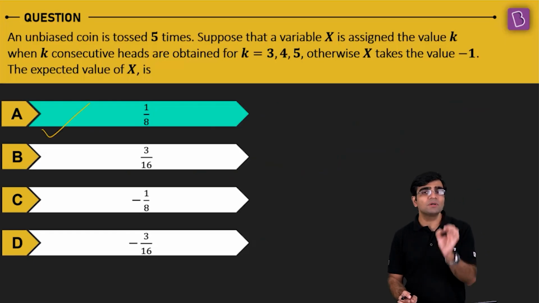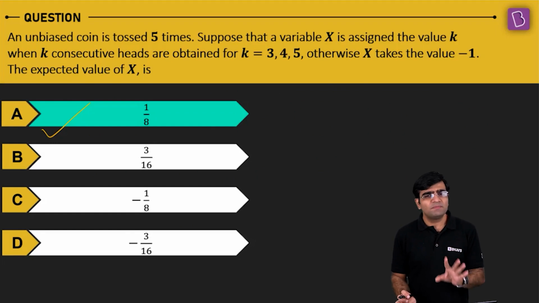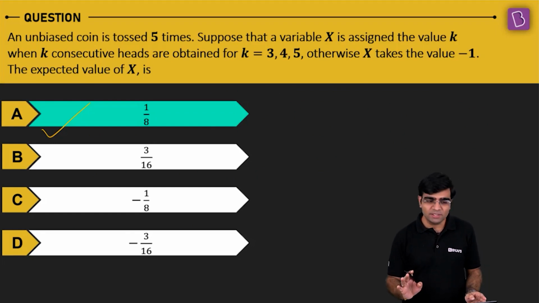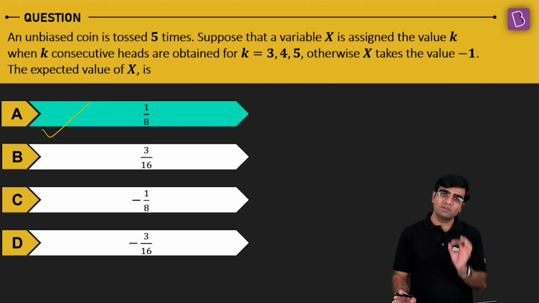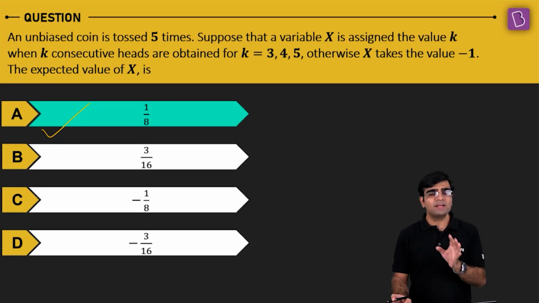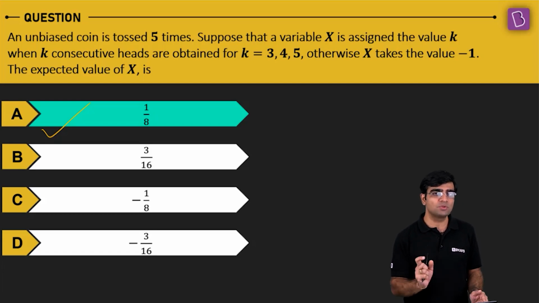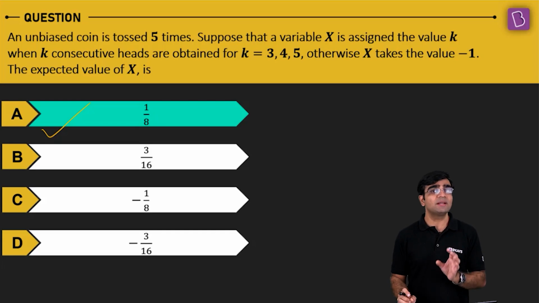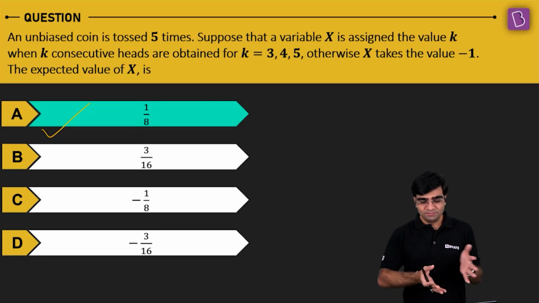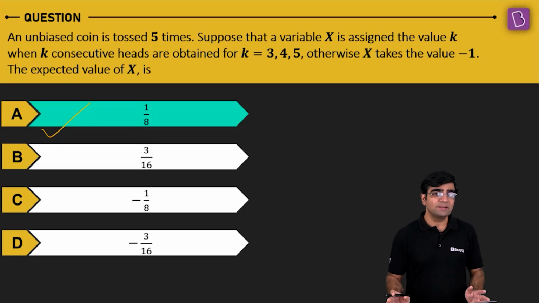Probability distribution is a very simple chapter. If you haven't given a lot of emphasis to it, I would suggest you take some time. It will take just one day, rigorously 3-4 hours for you to practice it very well. Just invest 3-4 hours in a day, and then the next day do a quick practice and revision again. This will be enough for you to master this chapter of probability distribution. It's a very simple concept to understand, and it will surely fetch you a correct question, which is not a bad idea.